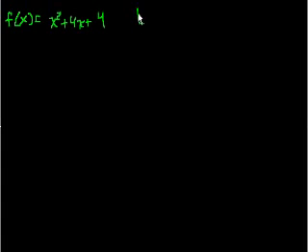So the first problem says, identify the critical points and find the maximum and minimum value on the given interval. And they say f of x is equal to x squared plus 4x plus 4. And the interval that they care about is from minus 4, and including minus 4, that's why we have the brackets there, to 0. And just so you know, this interval notation, if it was written like this with parentheses,